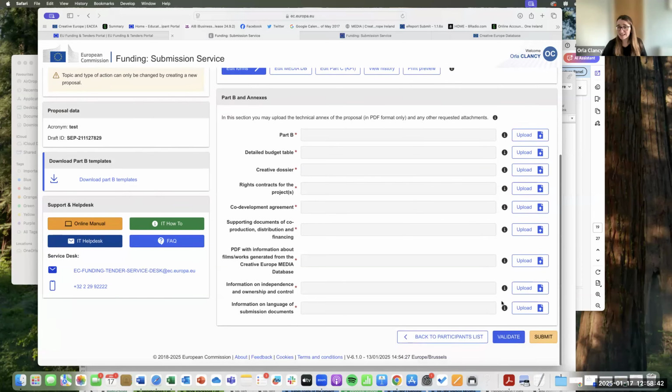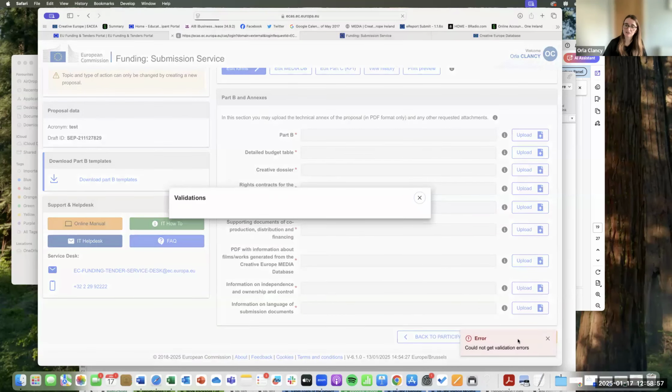So that's it. So at the end, you see here, you can go back to participants list if you want to change the information about the partner or add one in. You've got validate here, which is if you click validate throughout the process, it'll bring you up, it'll highlight. If I click validate now, it's going to,